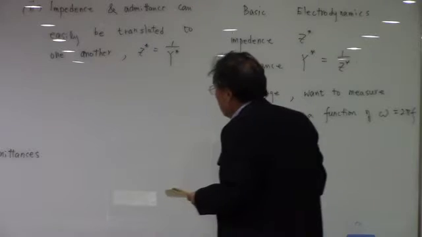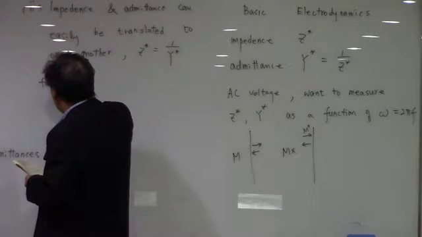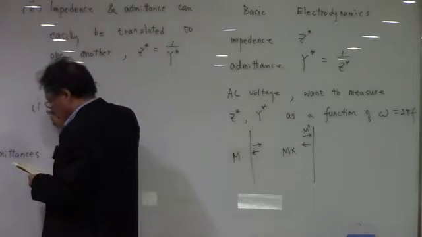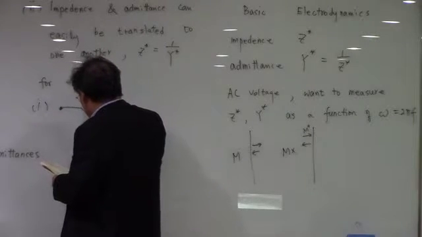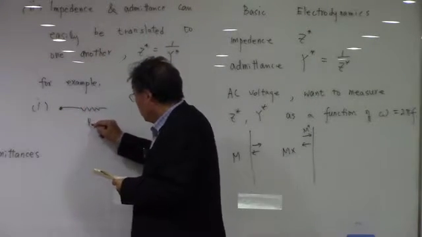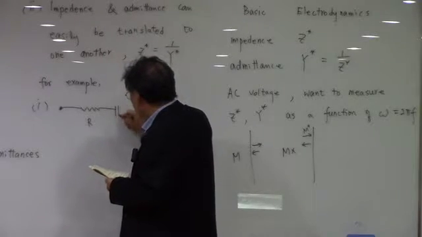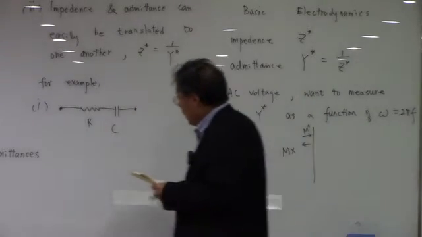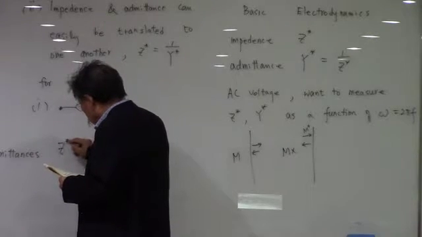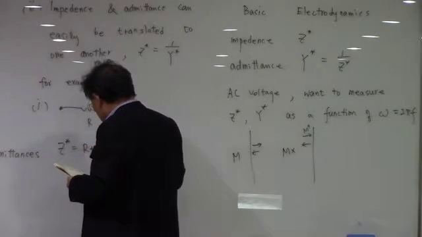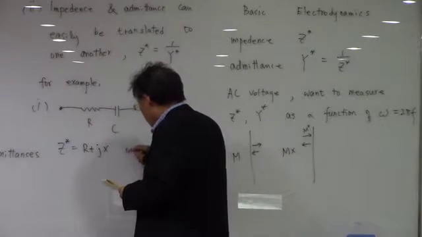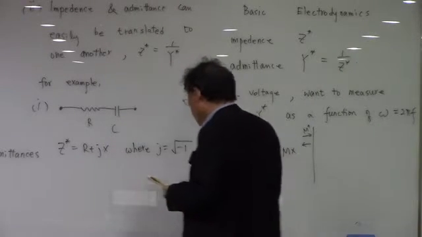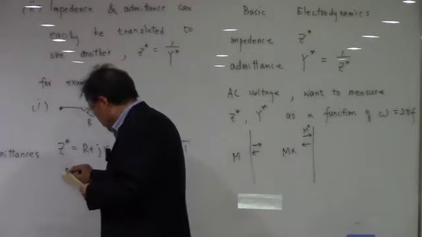Okay, let's see the example. If we have a series combination of capacitance and resistance like this, then we can see the impedance Z star is R plus JX. Okay, R is